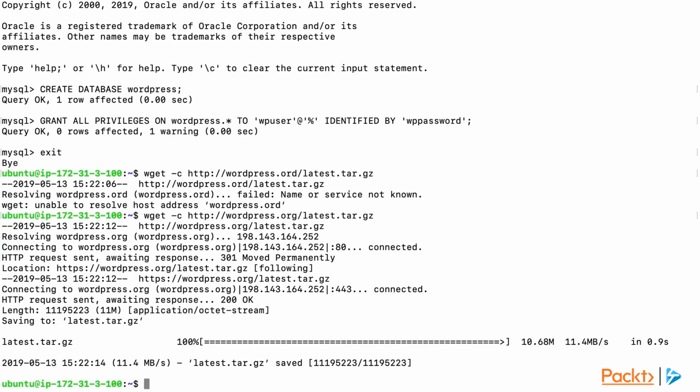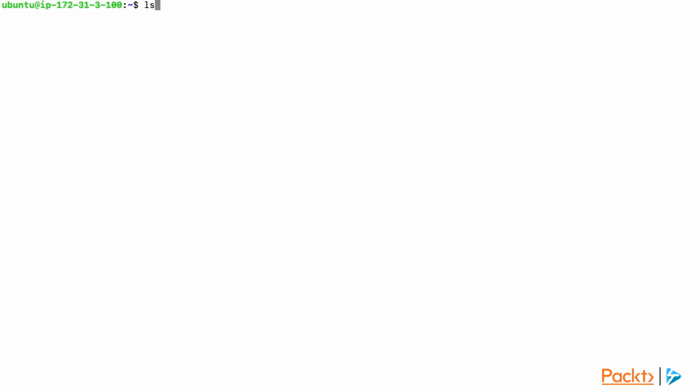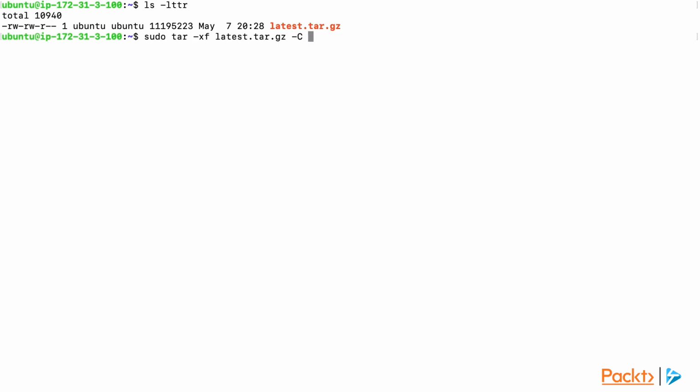Alright, and let's clear the screen. If we do ls -ltr, we're going to see that we have latest.tar.gz, which is the compressed installation file of WordPress. Now let's uncompress this file with tar, and then let's point the command to the installation directory or the destination directory under which it's going to uncompress the files by using the -C capital, and let's give it the path